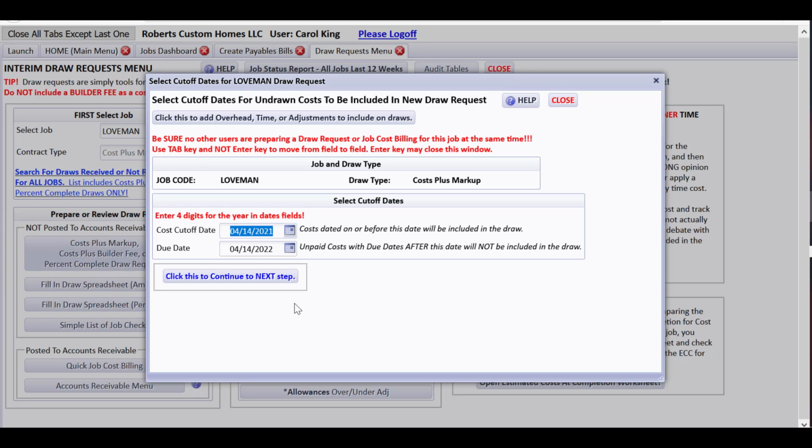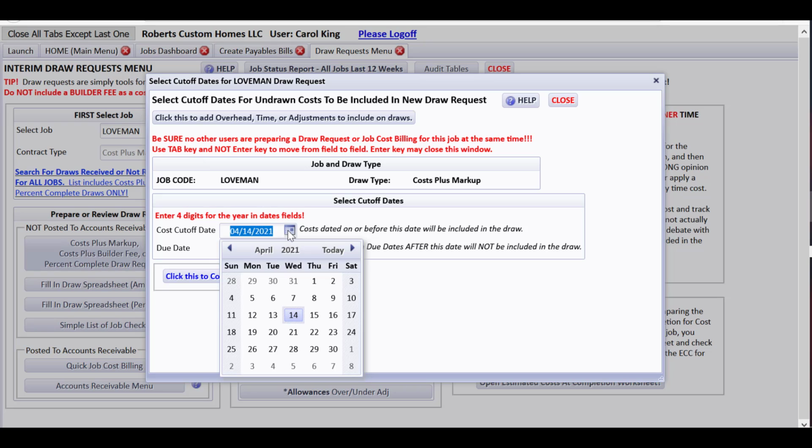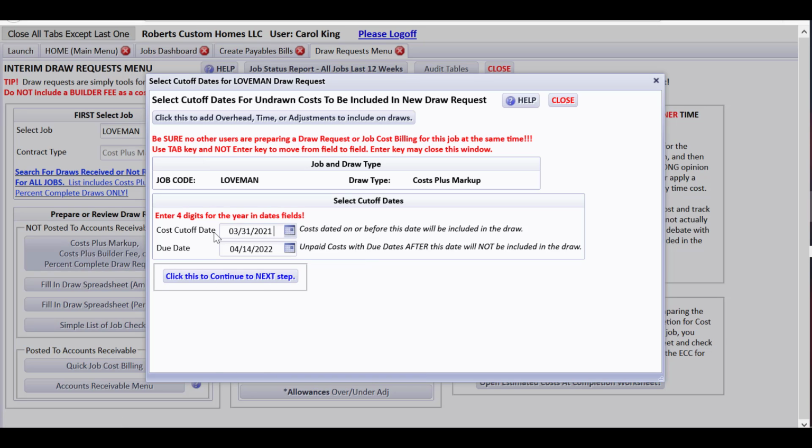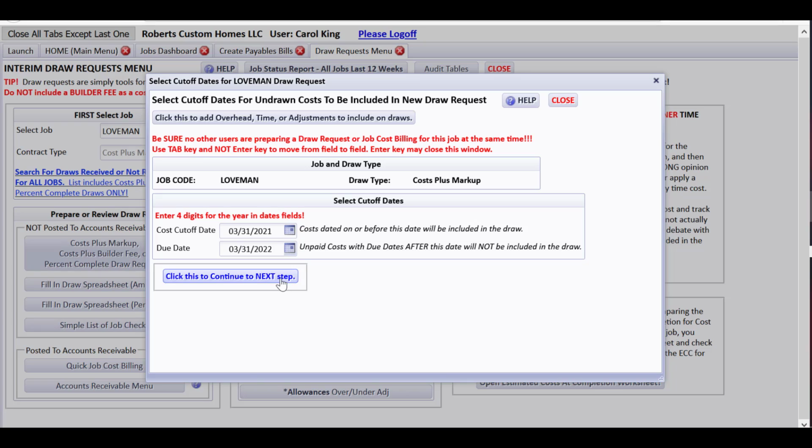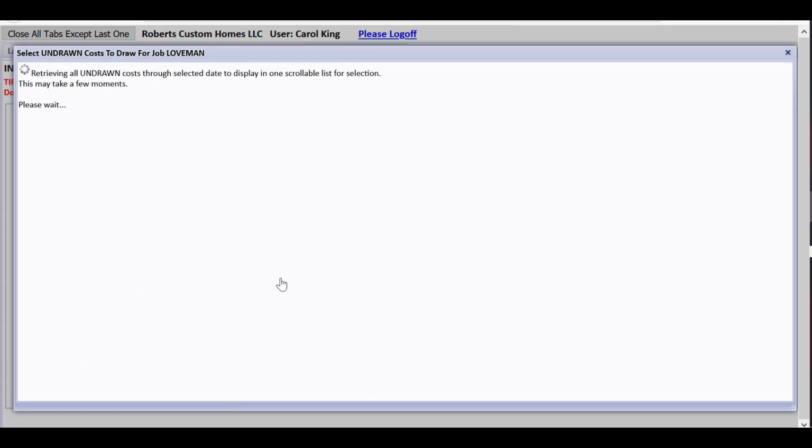So maybe for some reason you only want to do a draw for things through the end of the last month. That's important, that the cutoff date, and maybe only for things that are due through then also, or for whenever. So I'm going to click this to continue to the next step for a minute,